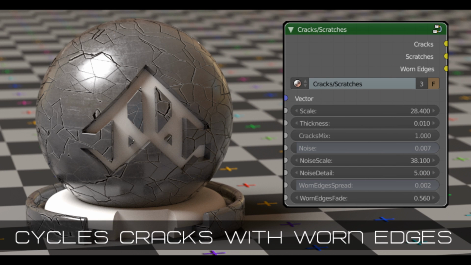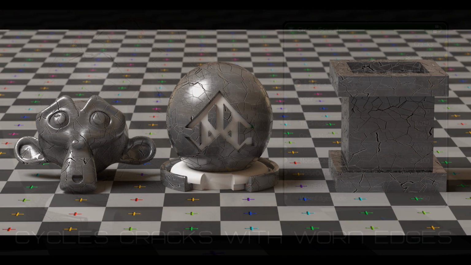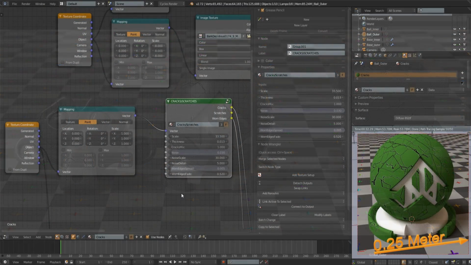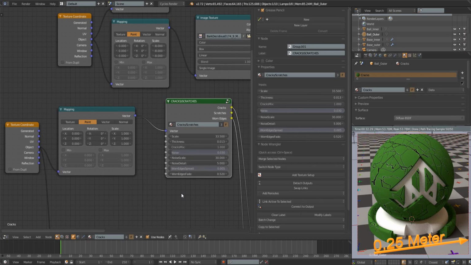Procedurally generated cracks and scratches for our cycles materials. This is a method that won't be making use of any UVs, so that should hopefully speed things up for us. And talking of speeding things up, I'll be making use throughout this tutorial of the Node Wrangler add-on,